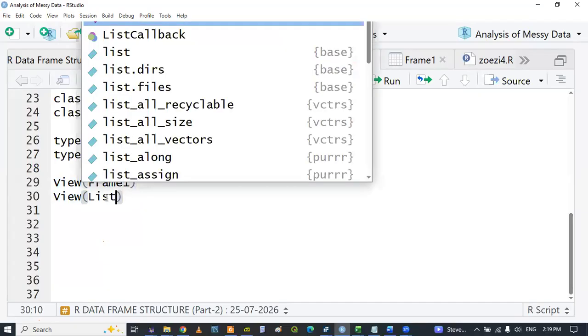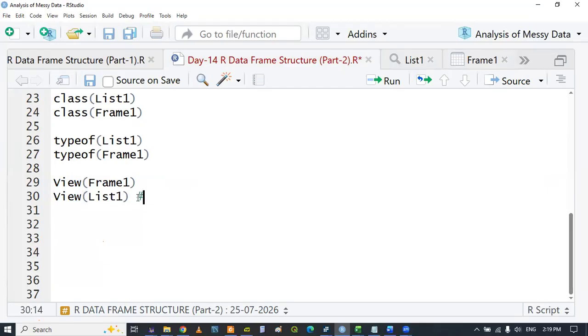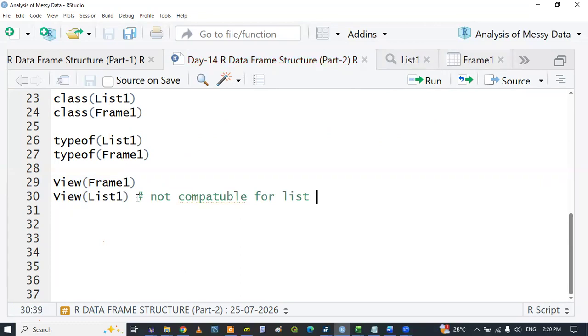But what if I use a list like this? You see how it appears. So you'll never see that rows and columns structure. Not compatible for list. So why are we doing this? Because you as an analyst,